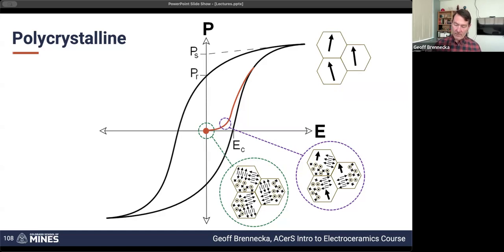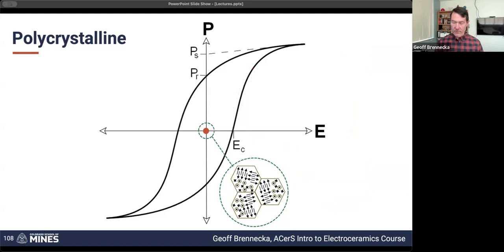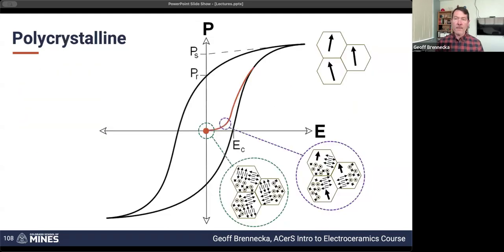And so that means that these domains are going to switch to pointing up. These domains are going to switch to pointing up. And so we end up with everything saturated, so pointing as close to the direction of the applied field as we can get, according to the way that the overall lattice is aligned for that grain. Then we've fully saturated everything, and now we want to release the field. So we're removing the field, and we're going to go back the other direction. And because we've relaxed the electric field,